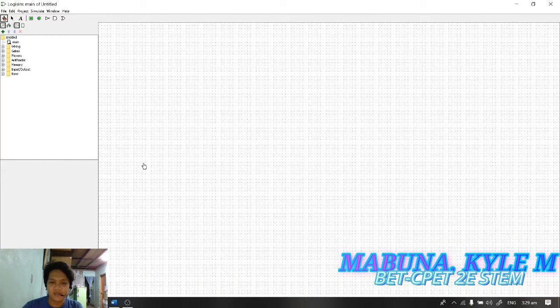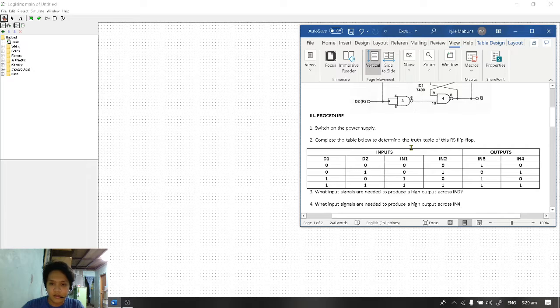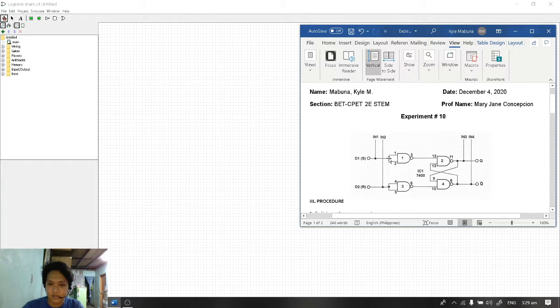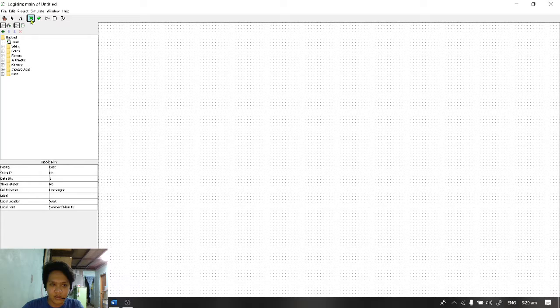So, papakita ko sa inyo kung paano gumagana yung ating experiment 10 na entitled na Multivibrators and SR Flip-Flops. So, ang ating first circuit is this one na gagawin natin. Simulate ko using Logisim. So, first one is kailangan po natin ng